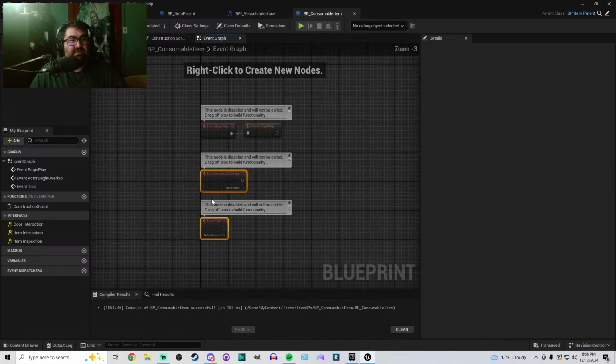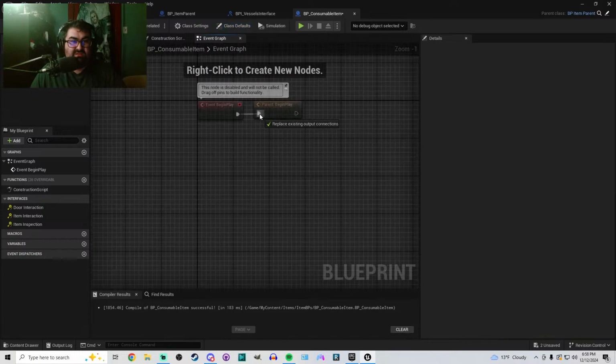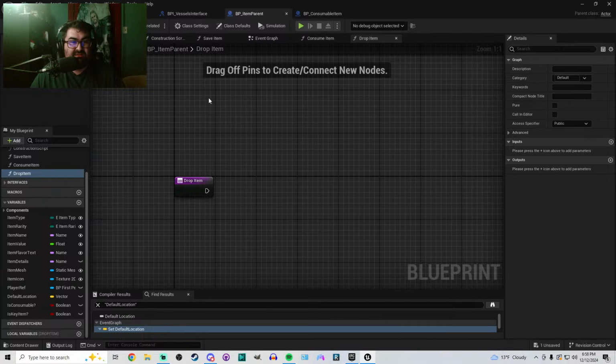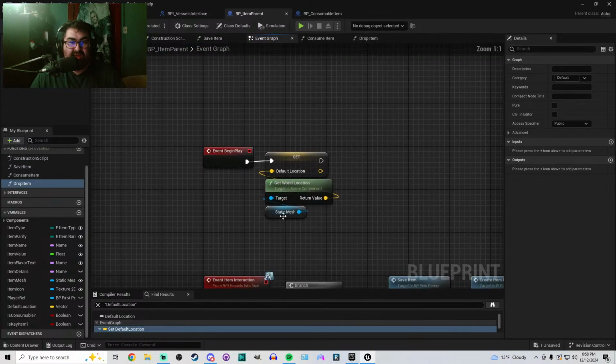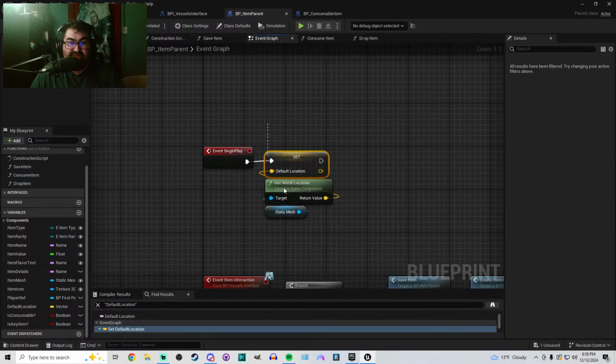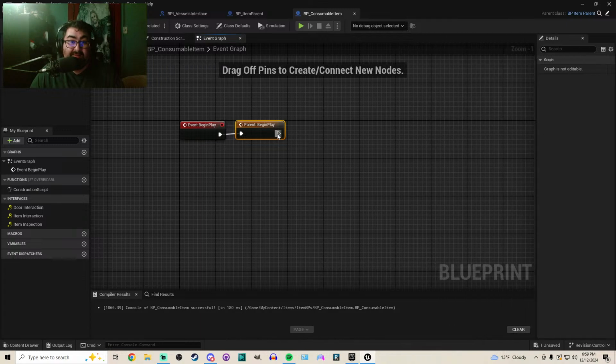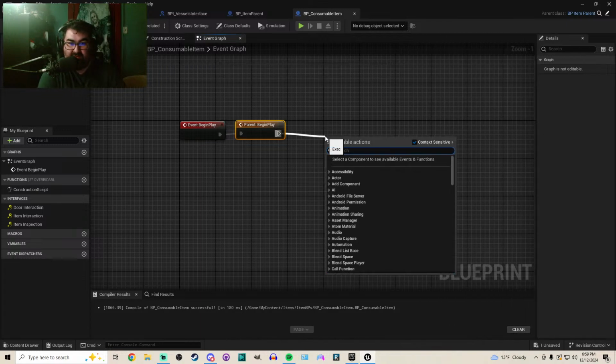So in here we can remove these. This is now calling everything that the parent does in begin play. The parent is doing this on begin play, so this right here is basically the equivalent of what's going on here, because this is from the parent. But maybe I want some additional stuff happening here, like say